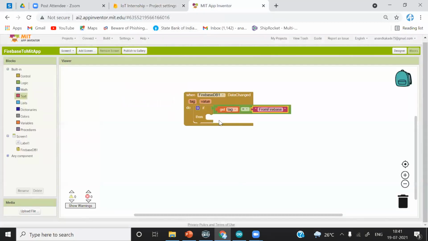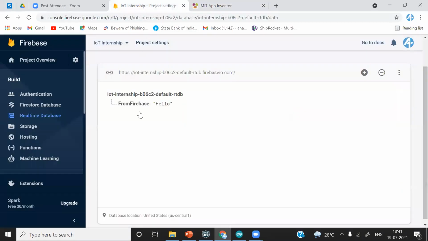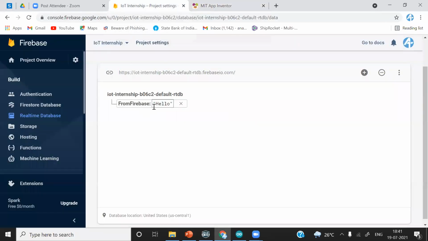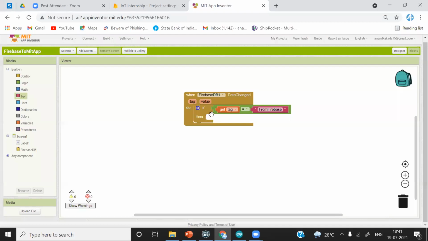See, what is the reason we are doing this? Because there can be a possibility of having multiple objects or branches. So if you want to select a particular branch or object, for example, temperature, moisture, and you want to display it in the respective field, you are going to need this if condition. And in the if condition, we check whether this tag is the tag we want. So that is the reason we have put this condition. It will check for this from Firebase object. If it is present in the real-time database, it will retrieve data from that tag.